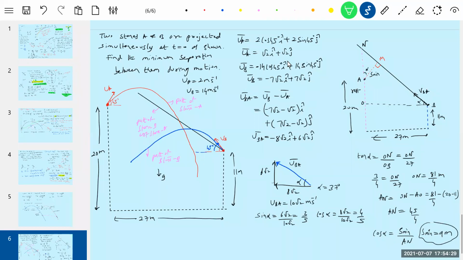Are you getting now? So I think you should have patience now. The problem learning is very, very simple. When the stone B looks at stone A, it feels that it's moving along this black color line. This is a very important concept. In every problem you end up first with the relative velocity and velocity triangle. This is a velocity triangle. The displacement triangle